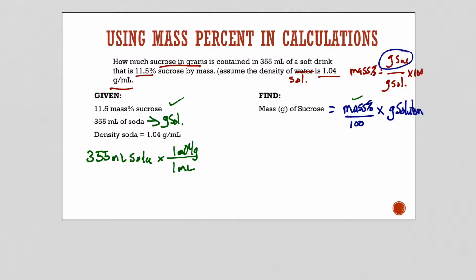My milliliters will cancel, and I end up with 369.2 grams of soda, or solution. So now I'm ready to solve my problem. And so my mass of sucrose